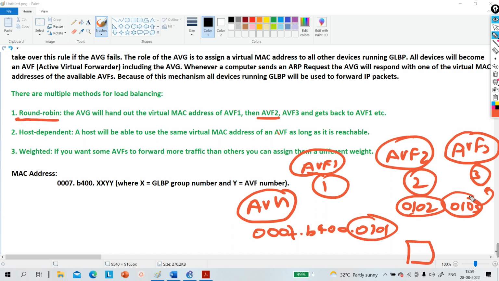Again, when some PC generates ARP, the AVG will give the MAC address of forwarder 1, then forwarder 2, then forwarder 3, again then forwarder 1, then forwarder 2, then forwarder 3. So in the round robin method, load balancing happens on a per-packet basis, or you can say per host as well, because when this